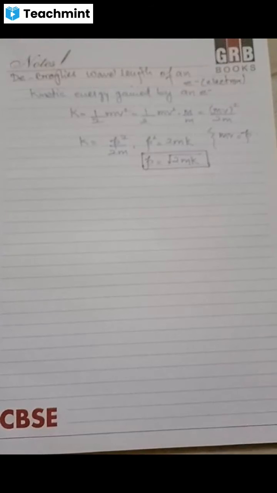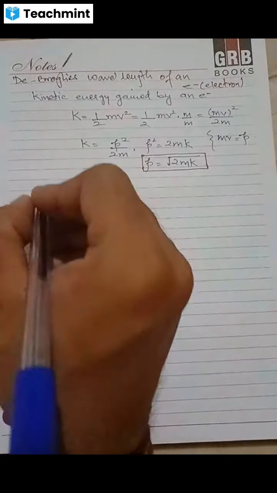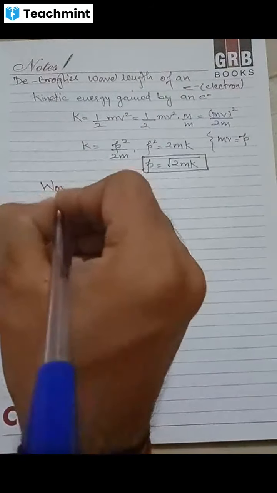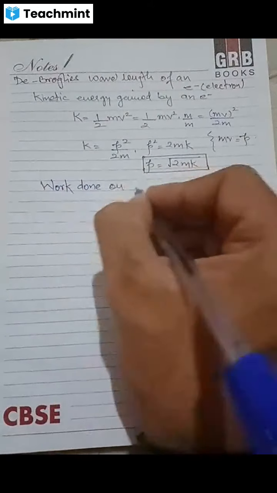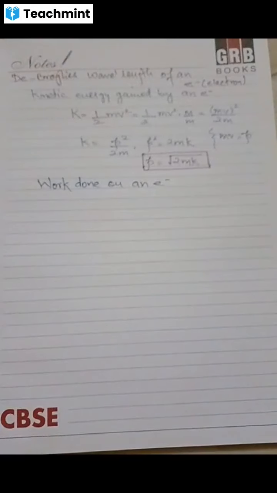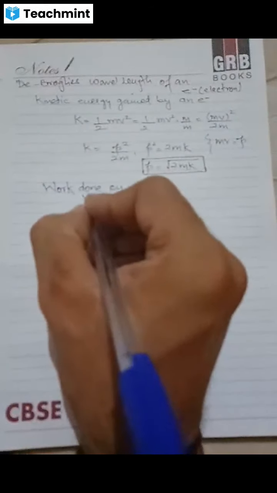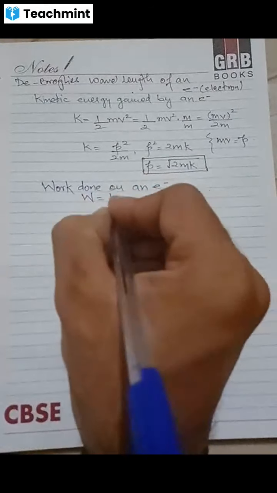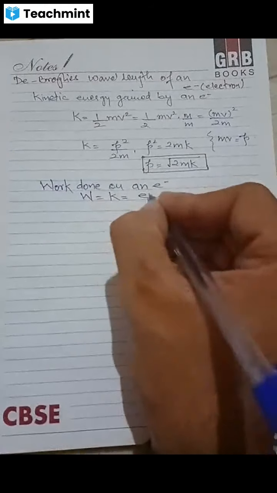अब इतना एक्सेलरेशन प्रोड्यूस करना है भाई, तो इतना एक्सेलरेशन प्रोड्यूस करने के लिए कुछ ना कुछ वर्क डन तो करना पड़ेगा. तो I am writing here the next expression, that is work done on an electron. इस इलेक्ट्रॉन को अगर एक्सेलरेट कराना है तो वर्क डन तो करना पड़ेगा, जाहिर सी बात है. तो बच्चों आप जानते हैं यहाँ पे जो आपको वर्क डन करना पड़ेगा, वर्क डन इज इक्विवेलेंट टू, वर्क डन किस लिए करना पड़ेगा? काइनेटिक एनर्जी को बनाने के लिए. You already know work done is equal to electron into volt.